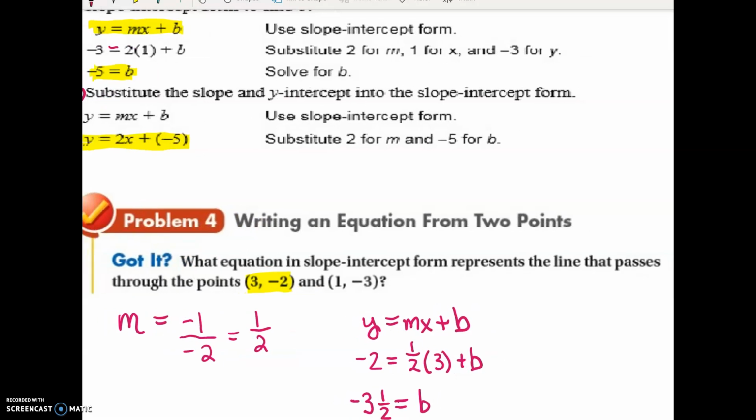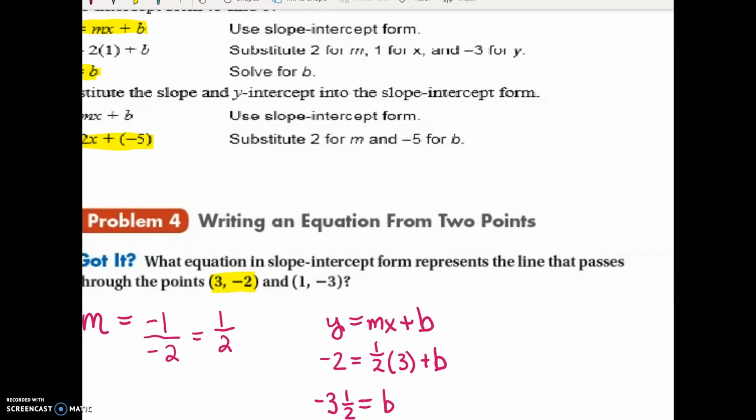So then our third step, we can write our equation. Our new equation will be using this slope, y equals 1/2 x, and our new b, so minus